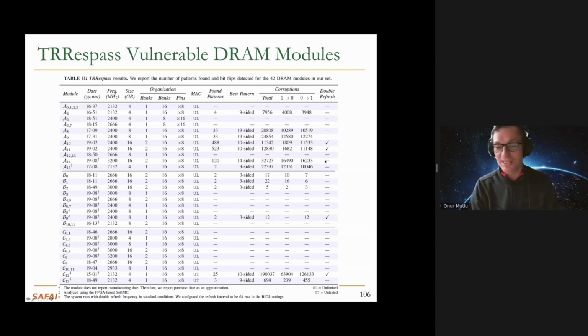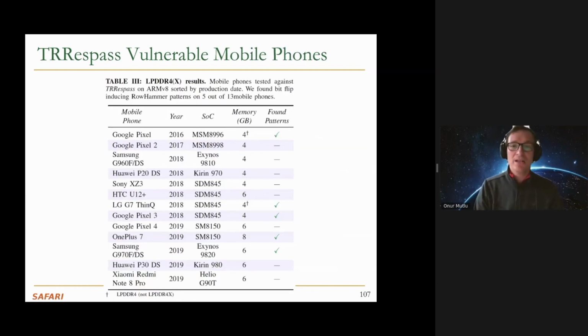And the paper has a lot more detail. And I believe the ones where we were not able to induce attacks are also vulnerable, in my opinion. We just weren't able to find the good attacks to be able to induce these bit flips. So we actually did this study on mobile phones also, and we found out that at least even with the limited capability of our tools at the time, we were able to induce these bit flips in real mobile phones